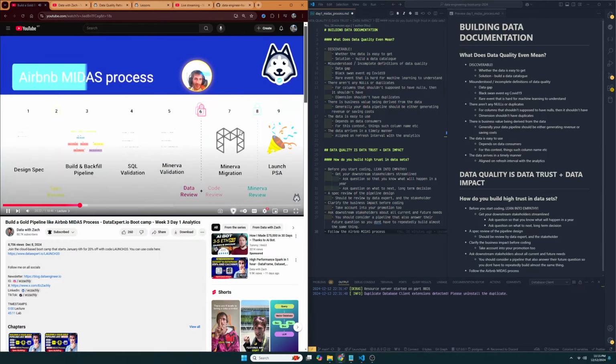Oh yeah, 9. Wow, there's 9 steps. So I just want to go over each of these steps on how Airbnb builds a very high quality pipeline and what it does with